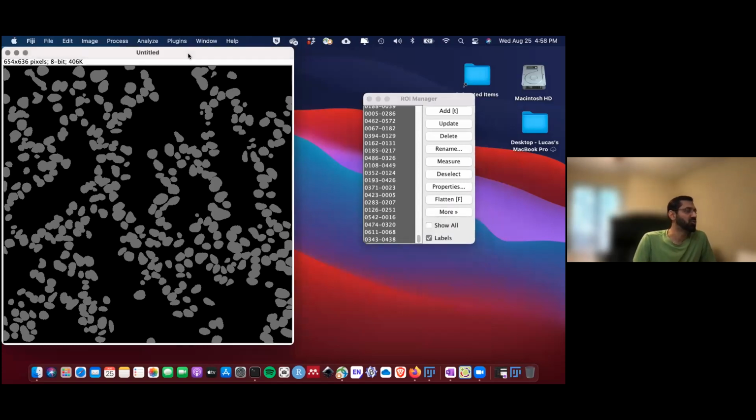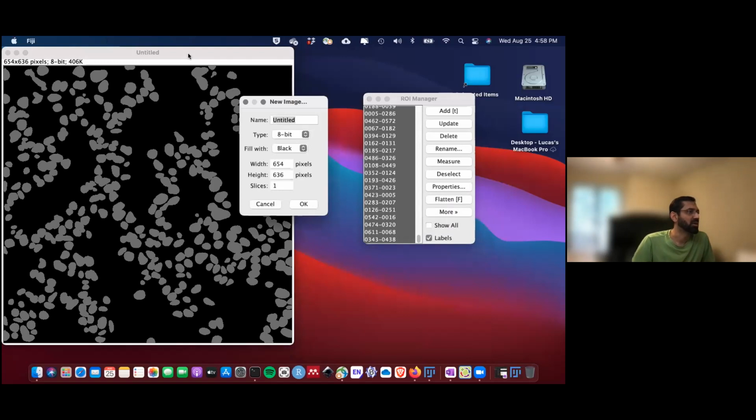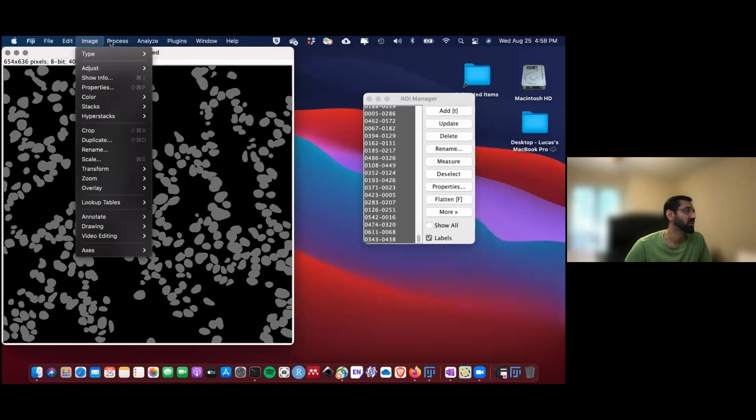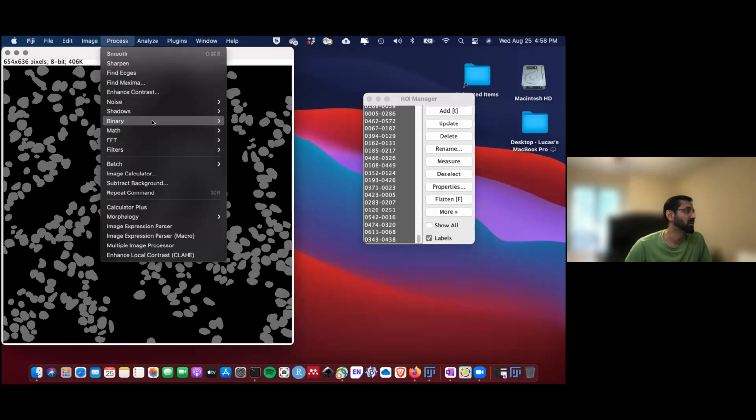Can you do Control N? I want to see what kind of settings you have for Control N. Okay. So 8 fill with black. Yeah, everything looks fine. Okay, let's cancel that. And so now if I go to Process, Binary,